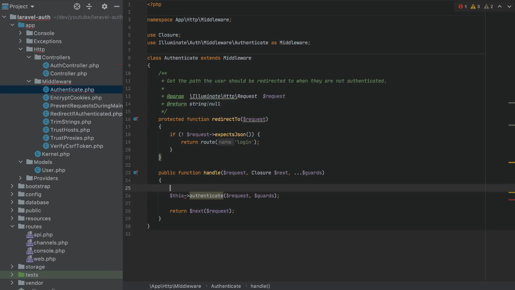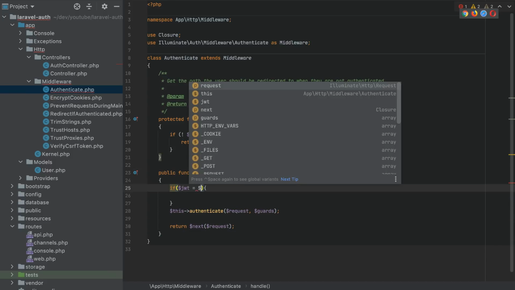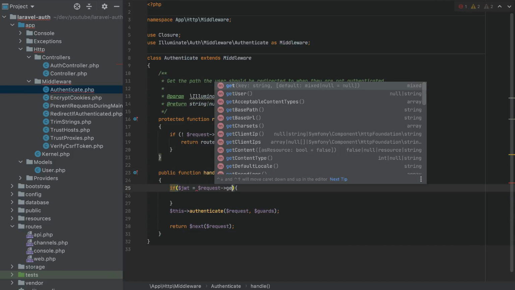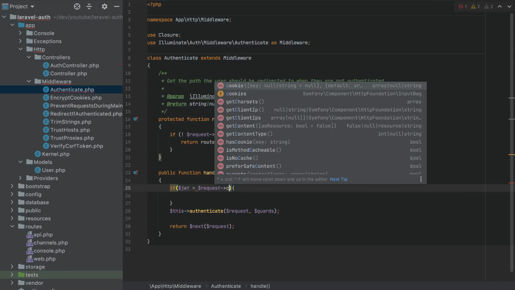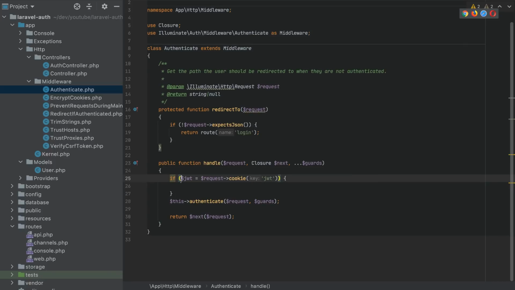So we will get the JWT token. I'll make an if condition here. We'll get the JWT from the cookies. So we have the request here, and let's get cookie JWT. So here we'll get the JWT from the cookies,